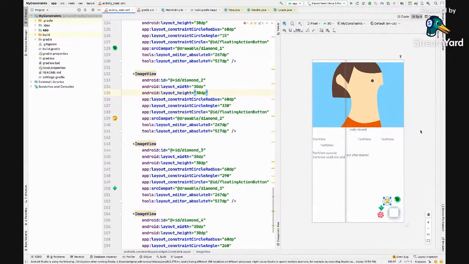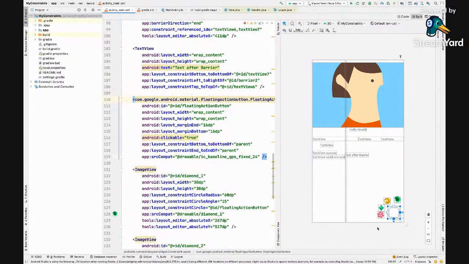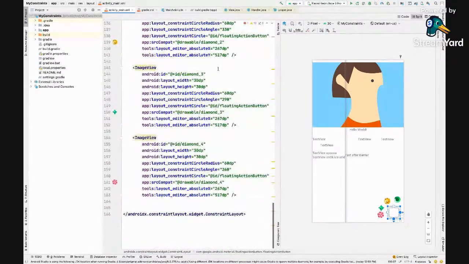Anyway, now we can see that it is taking the radius and the angle with respect to this particular view.